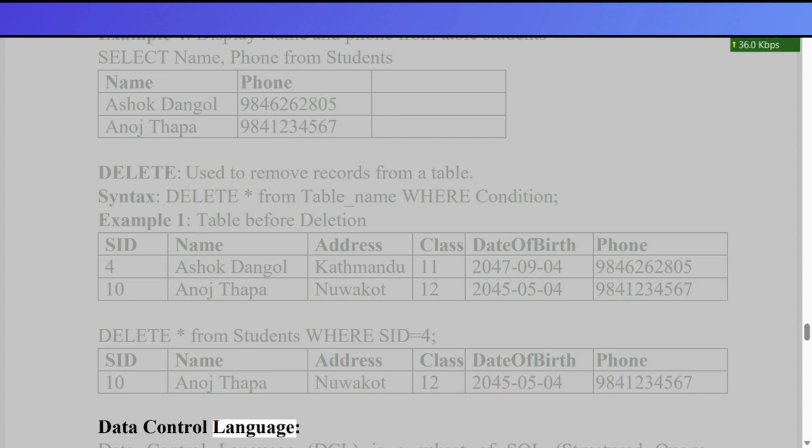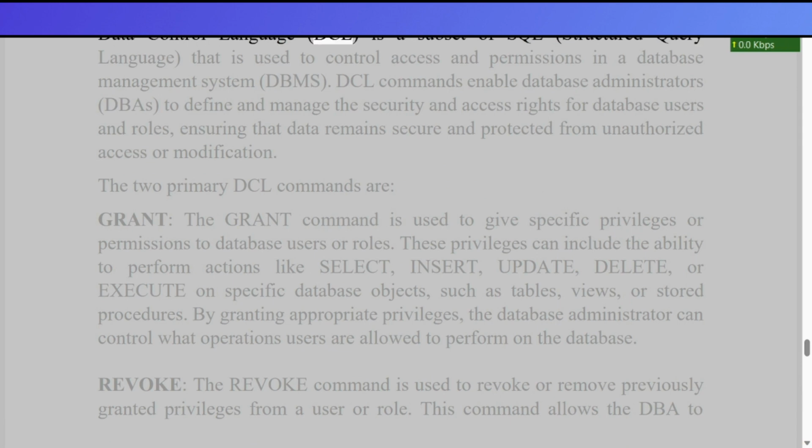Data Control Language. Data Control Language (DCL) is a subset of SQL, structured query language, that is used to control access and permissions in a database management system, DBMS. DCL commands enable database administrators, DBAs, to define and manage the security and access rights for database users and roles, ensuring that data remains secure and protected from unauthorized access or modification. The two primary DCL commands are